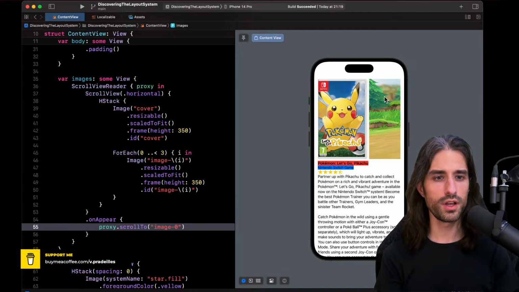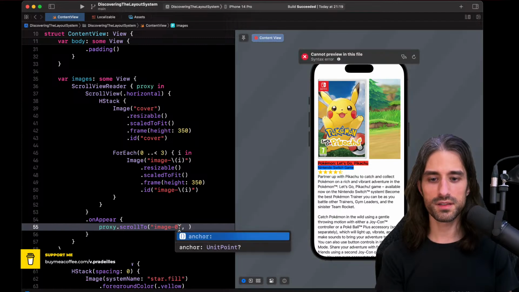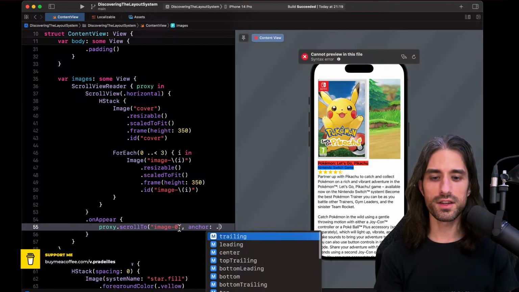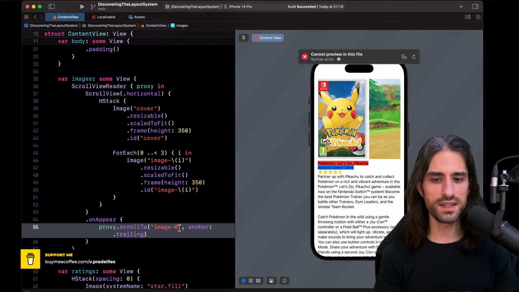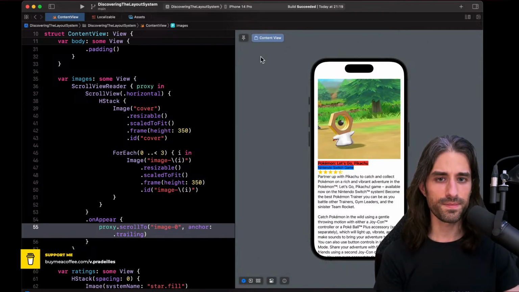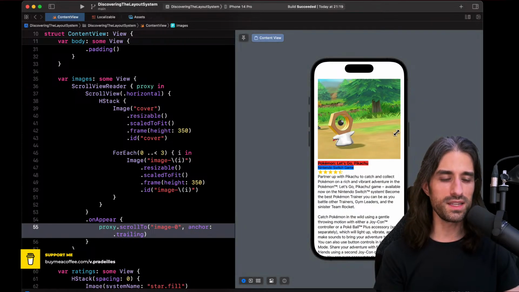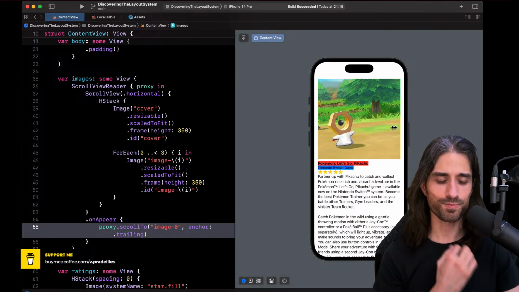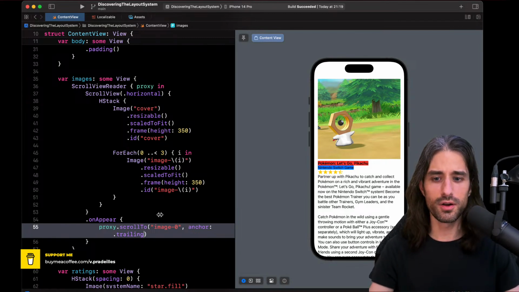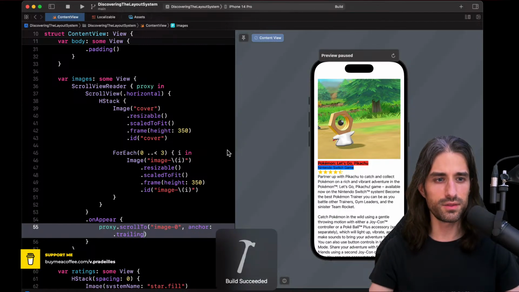So it should scroll to the second view, and it should make it so that, for instance, we have a second argument called anchor, and for anchor I will do trailing, and if I remember it correctly, okay, so it did it immediately, but it scrolls so that the trailing edge of the view becomes visible.